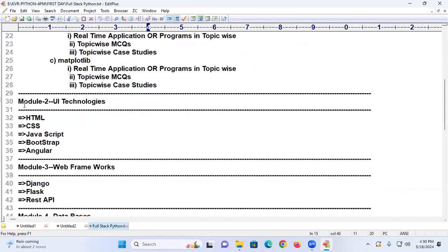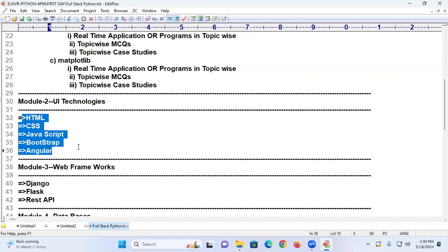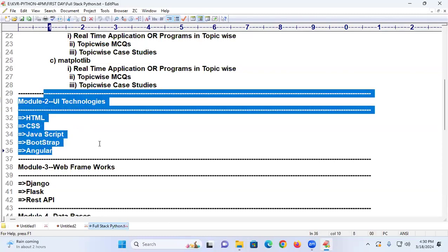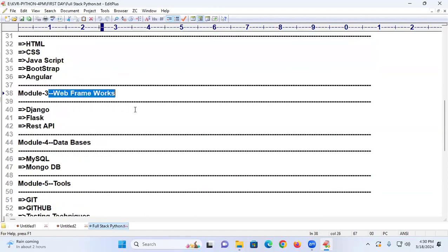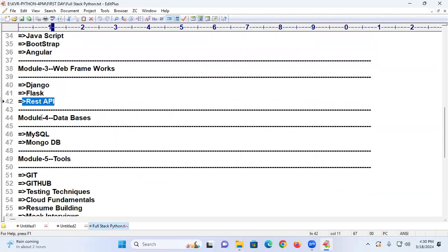And next, module number 2, the UI modules we are going to cover. There we are going to discuss HTML, CSS, JavaScript, Bootstrap, and Angular. This is a UI module, the easiest module. And next is web frameworks: Django, Flask, REST API. This we are going to cover. Module number 4, databases.